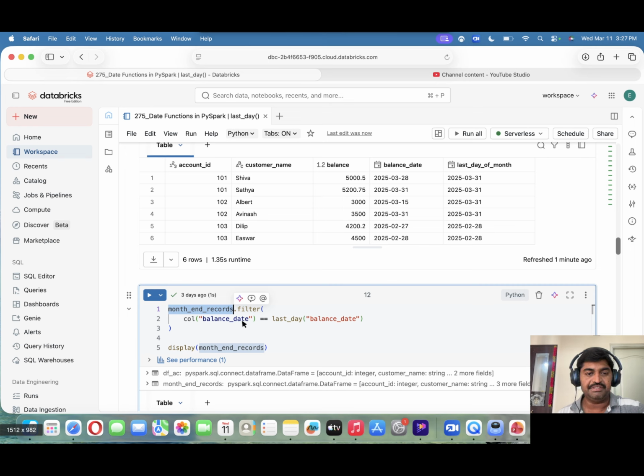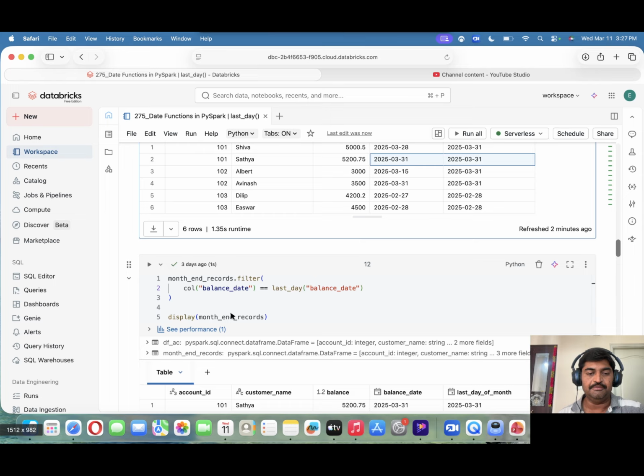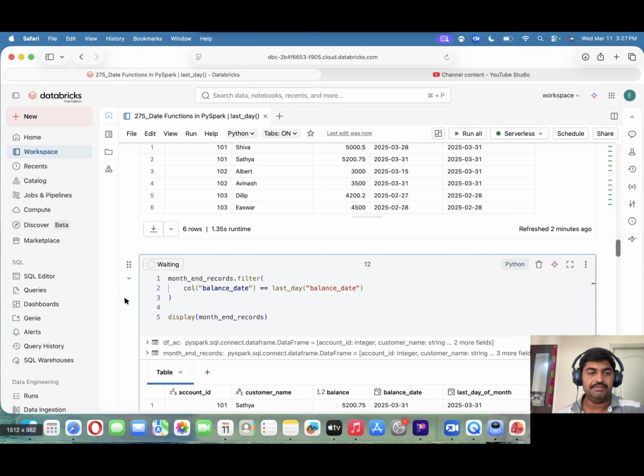What filter condition am I giving? Column balance date, that means this column, is equal to last day of balance date, which is this one. So it will compare each and every value. Whether this and this are equal, no, it will ignore. These two are equal, so it will print this value. If I run this one,